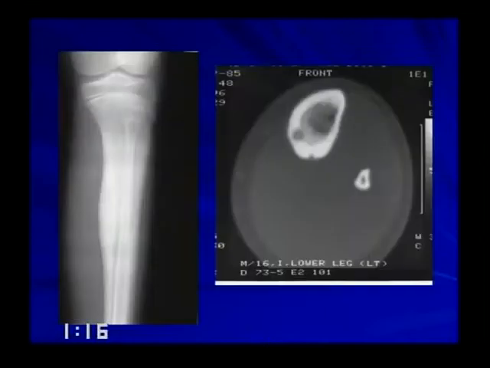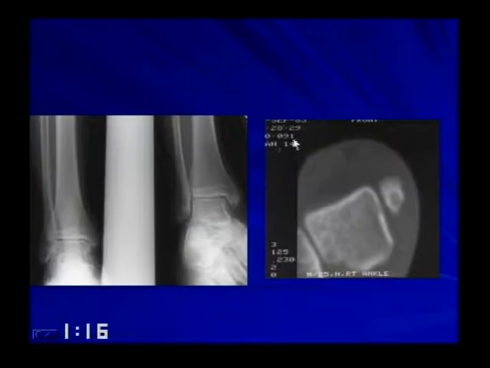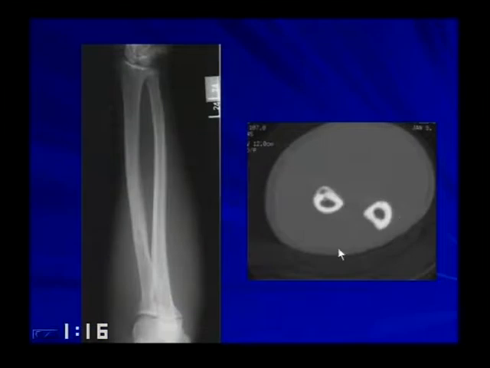Here's the patient we saw earlier, cortical thickening. With CT, you can identify the nidus. Here's a young patient that floated around, unfortunately, at our institution for a while, and the radiographs were always read as normal. I think, in retrospect, there is a little lucency there, and CT shows the nidus. This was an osteoid osteoma. Again, here's another patient with a nidus that's identified on CT.